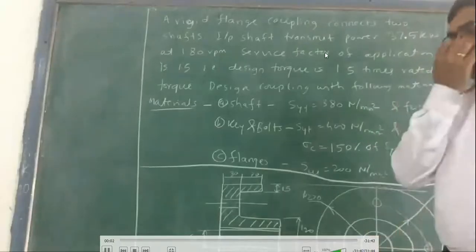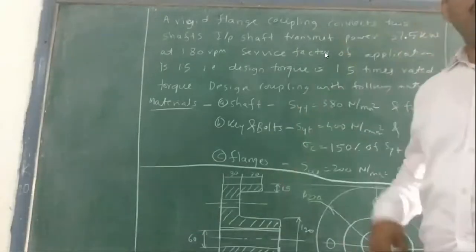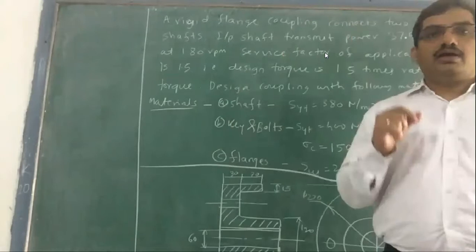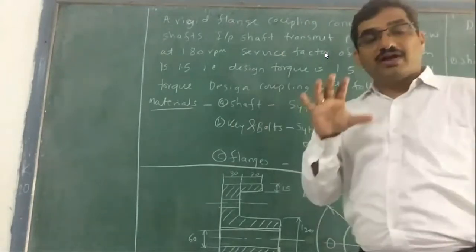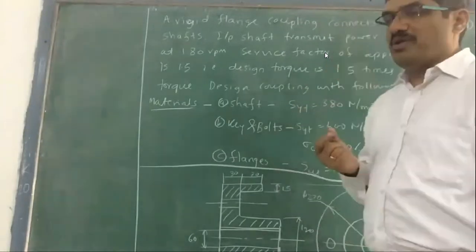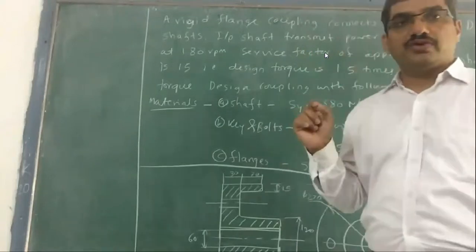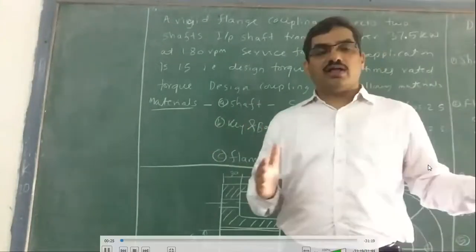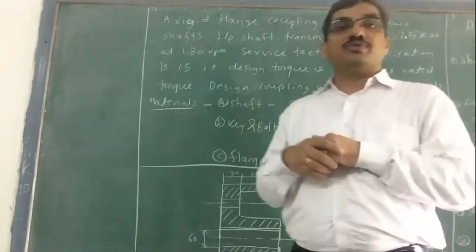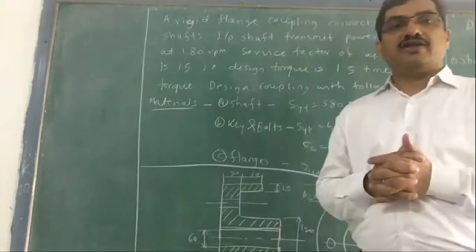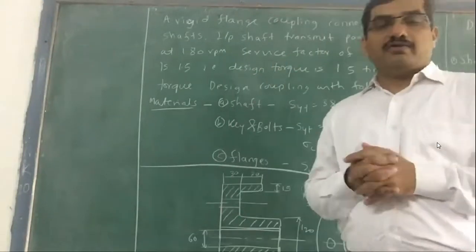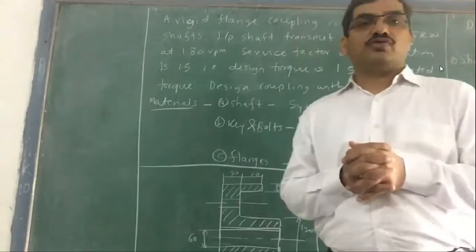Good morning, guys. Today we will go through the design procedure, or how to design a flange. First, we have gone through the theory part of it. We have gone through the definition of a flange, what a flange is, and why it is used. Basically, a flange is an element used to transmit torque from one shaft to another shaft. When we want to join two shafts and the torque needs to be transmitted, we use some kind of coupling, and the flange is one of those couplings. We have gone through many different types of couplings also, and we have seen the procedure for the design of a flange.